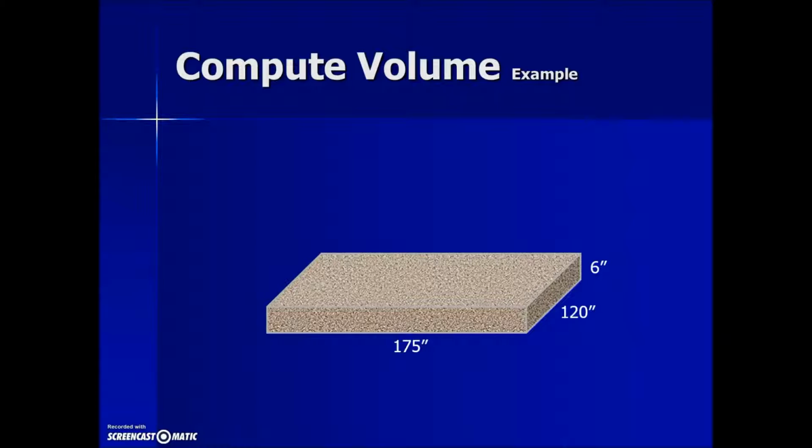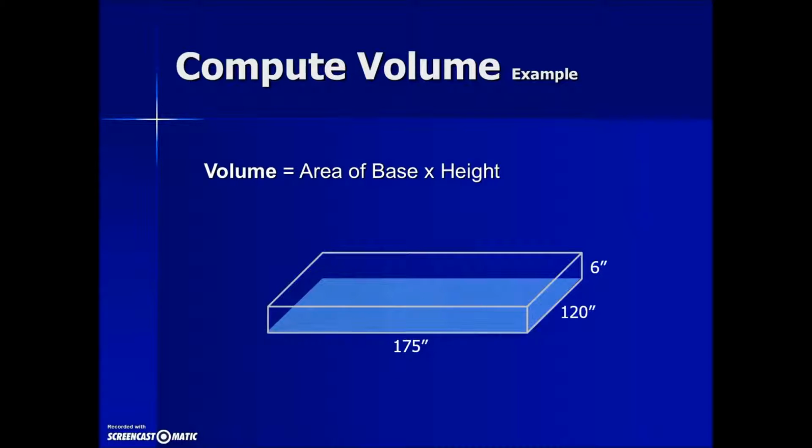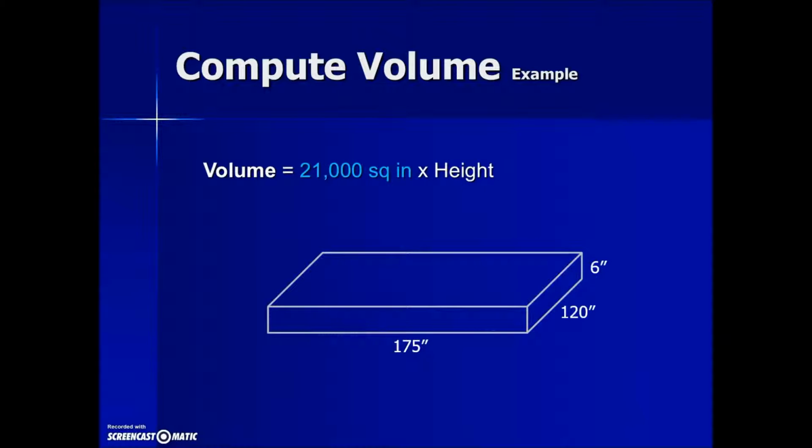As an example, if we want to compute the volume of this rectangular solid, looking at it, we have a base of a rectangular shape. We find the area of a rectangle by taking length times width. So 175 times 120, and then the distance between the bottom base and the top base is 6 inches. In other words, maybe thickness might be a word that's used as an application, results in a volume of